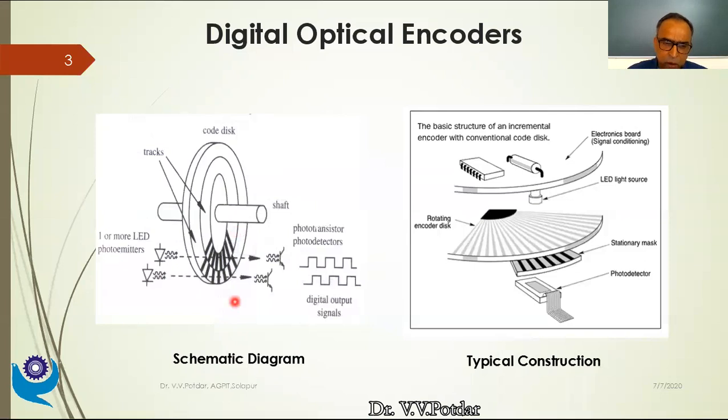Let us see the working of this digital encoder. If you just focus on this disk, I have got the slots or tracks, so to say, on the disk. In some disks there will be 3 tracks, in some disks there can be 5 tracks, depending upon the accuracy to which I want to measure my angular position. As you can see on the left hand side, light emitting diodes or photo emitters are placed, and these light emitting diodes will be giving the light beam, and wherever there is a slot or a track, the light will be passing through it, and when there is no track, the light will not be passing through it.